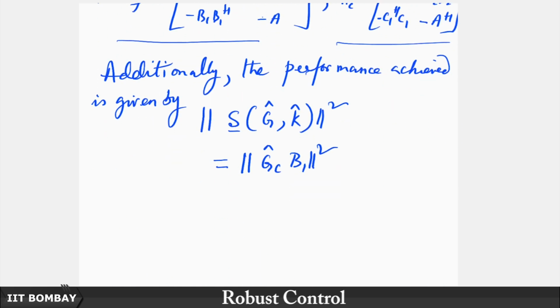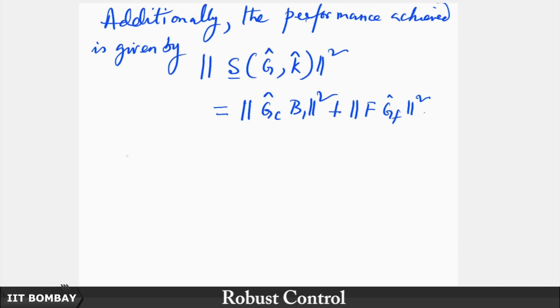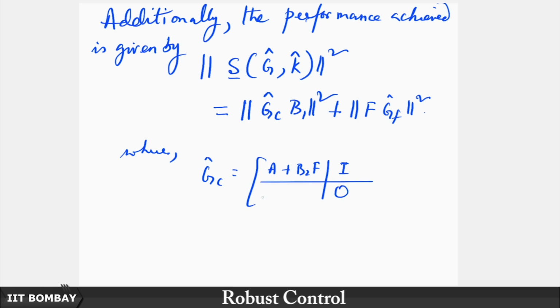Yeah. So what we now have is plus the second norm squared of G_F hat squared, where of course, G hat C is exactly what we had said the other day. A plus B2F is the A matrix corresponding to it, this is the B matrix corresponding to it, the D matrix is 0 and the C matrix is C1 plus D1 2F,